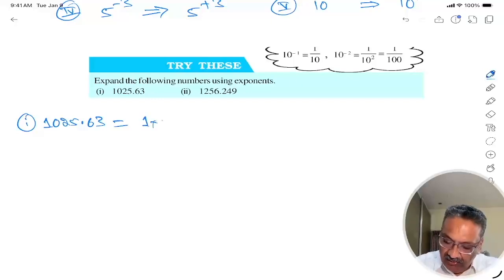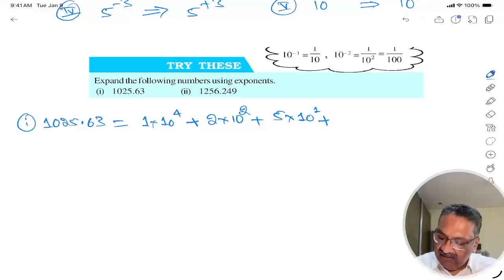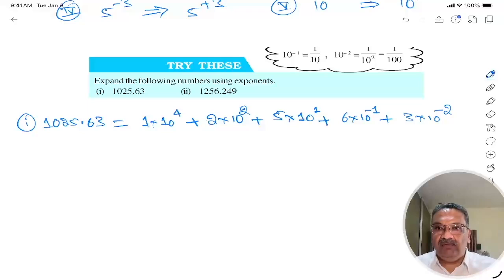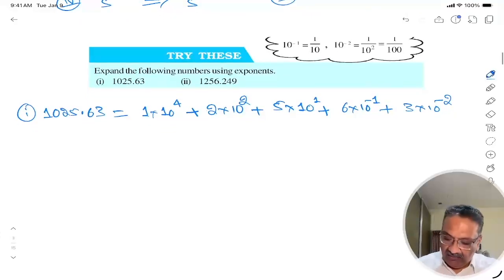So 1 into 10 to the power of 4 plus 0 into 10 to the power of 3, need not write it, 2 into 10 to the power of 2 plus 5 into 10 to the power of 1 plus, in decimals, 6 into 10 to the power of minus 1 plus 3 into 10 to the power of minus 2. First decimal will be 10 to the power of minus 1, second decimal will be 10 to the power of minus 2. Similarly, next one we will take